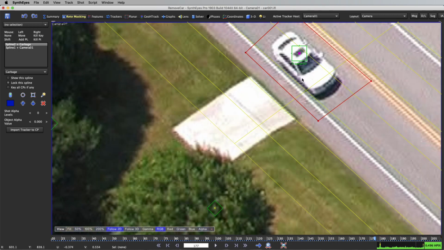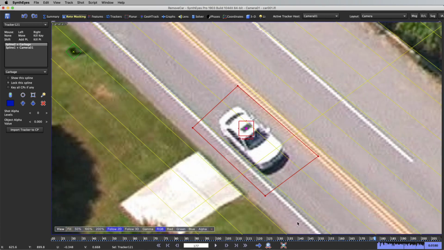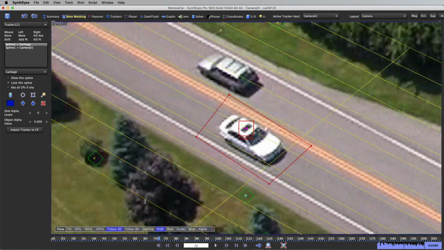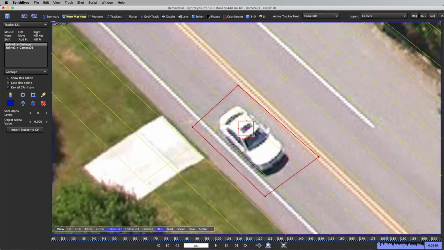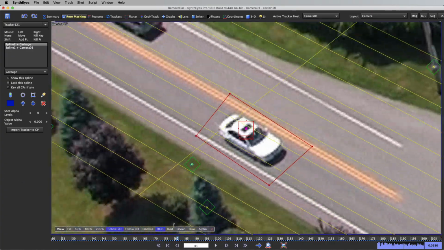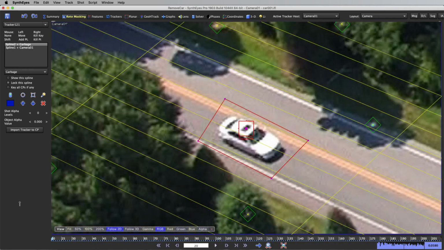Now, back to our tracker and pan to follow mode. There we go with our car tracked through the shot. Now let's go back to our ViewShift,